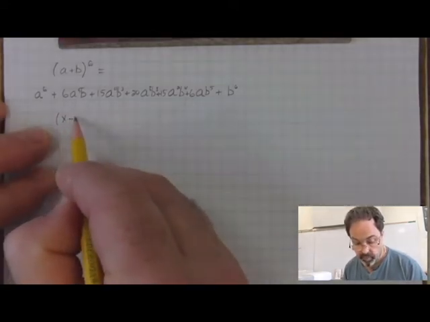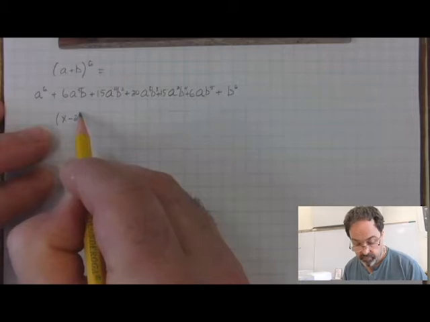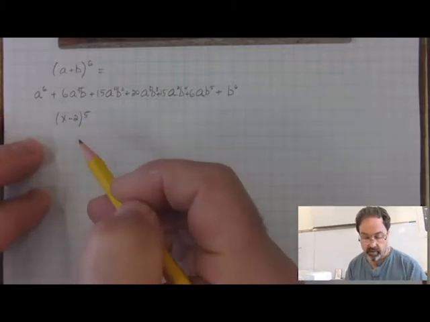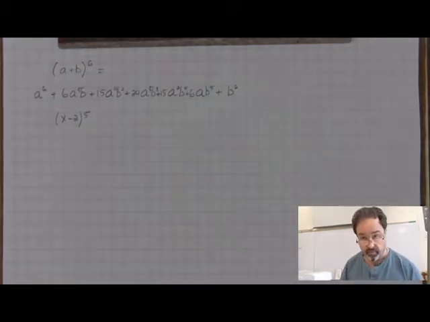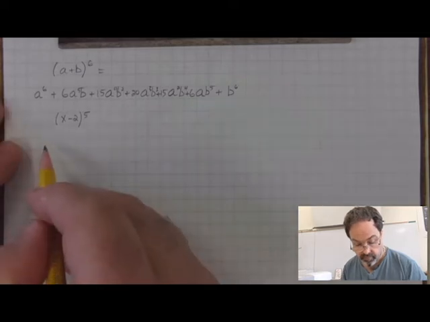I'm going to expand (x - 2)^5. See if you can catch on to the pattern before I explain it. X minus 2 all to the fifth is equal to